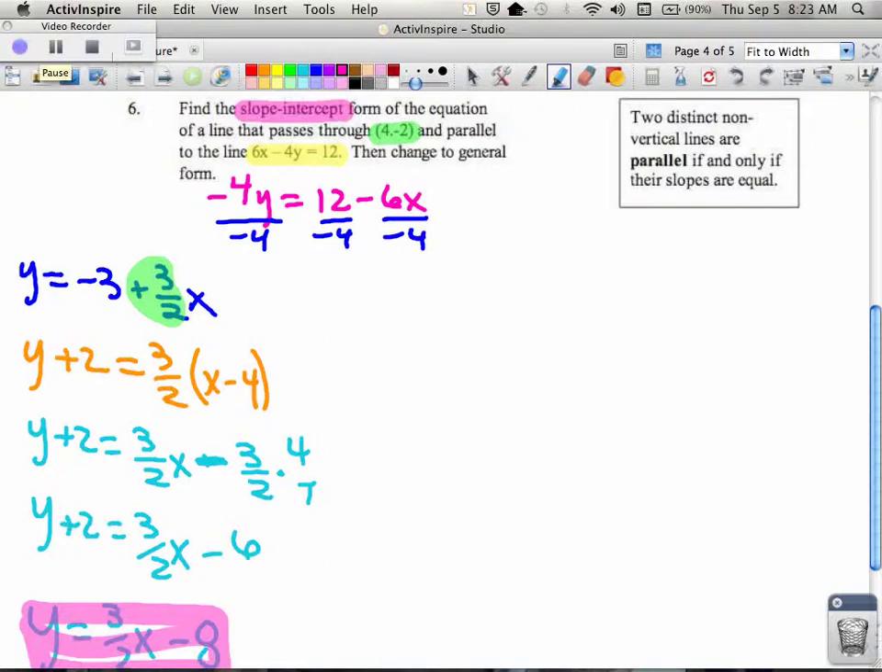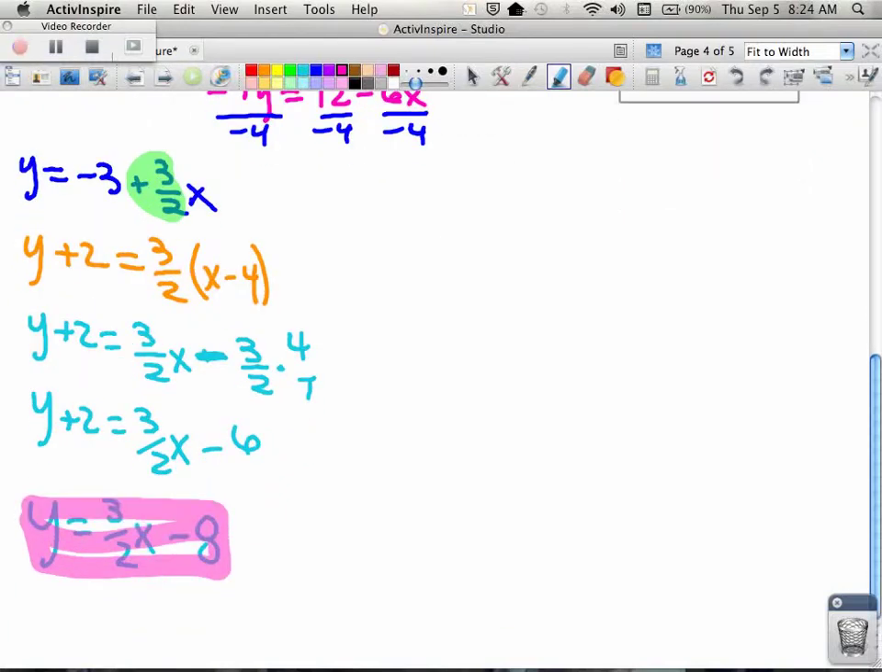What's the first rule about general form? They have to be integers, no fractions, right? I look down and I see that there's a fraction. There's halves. How would I get rid of division by 2? Multiply by 2. So I'm going to get rid of what I see on the bottom by multiplying every single